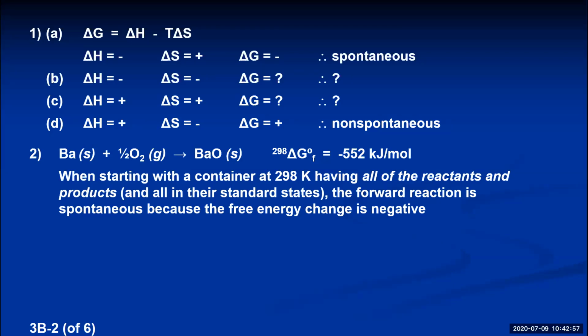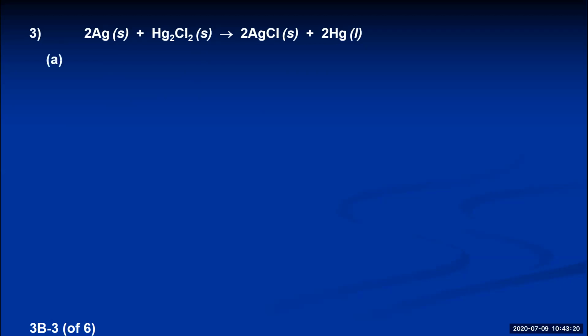Number 3, for the reaction at 298 of silver with mercury 1 chloride forming silver chloride and liquid elemental mercury, use data from handout 5 to answer the following questions. First, calculate delta H naught for this reaction. So using our tables, we would look up the standard enthalpy of formations for the products and the reactants and go products minus reactants. So first, to calculate the enthalpy change at 298, we would start with the product side,